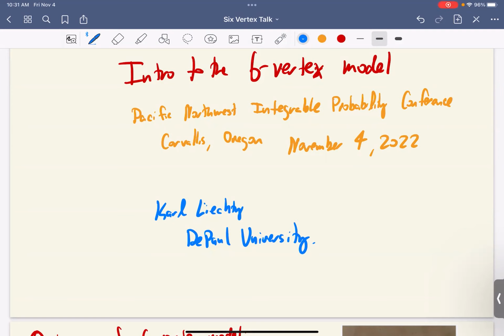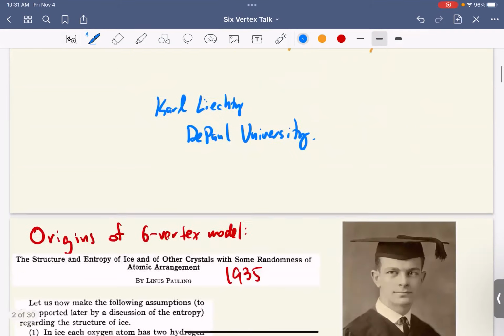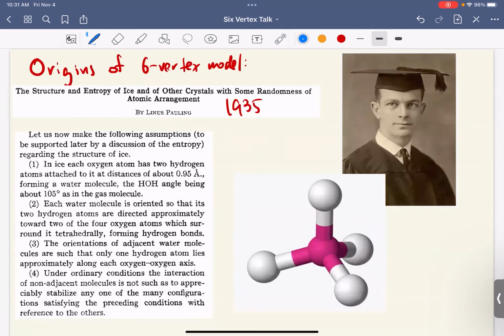My goal is to say as much as I know about the six-vertex model in an hour. So I'm gonna start at the beginning, which as far as I can tell is in 1935. And I'll talk about some developments in this thing called the six-vertex model up through like last month or something. But this is a very incomplete history. So if you know something about the six-vertex model, you've done some work, I probably will miss your contribution. But this is what I know.